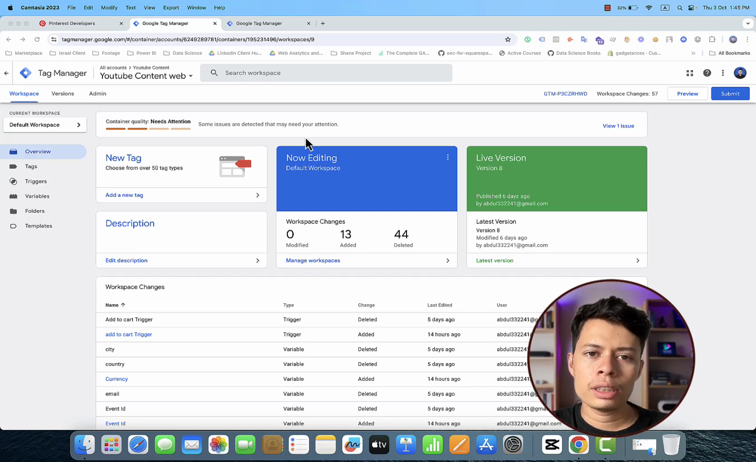Hi everyone, this is the second video of this Pinterest pixel and conversion API series. In the last video I talked about how we can set up the Pinterest pixel for our page visit and the add to cart event. In today's video, first of all, I am going to set up the checkout event,